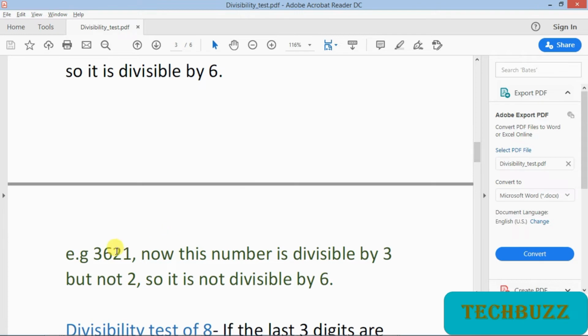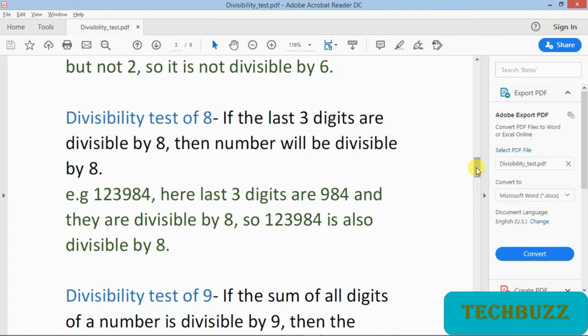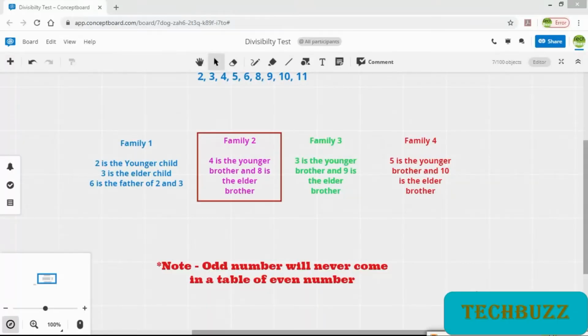Suppose I have written one example, 3621. This number is divisible by 3 but it is not divisible by 2, so it will not be divisible by 6. Now here we have the divisibility test of 8. Let's utilize family number 2. In family number 2, 4 is the younger brother and 8 is the elder brother.